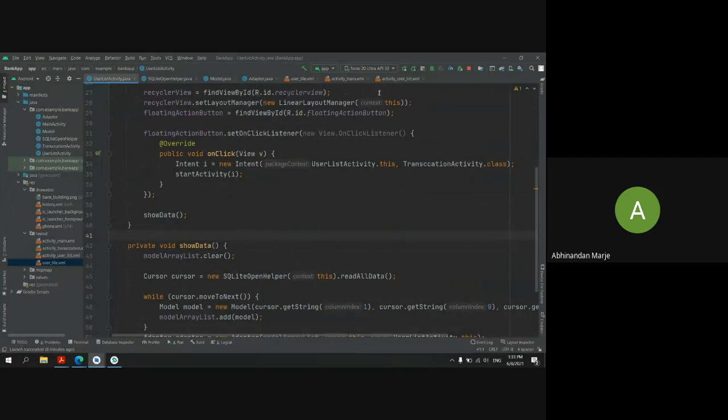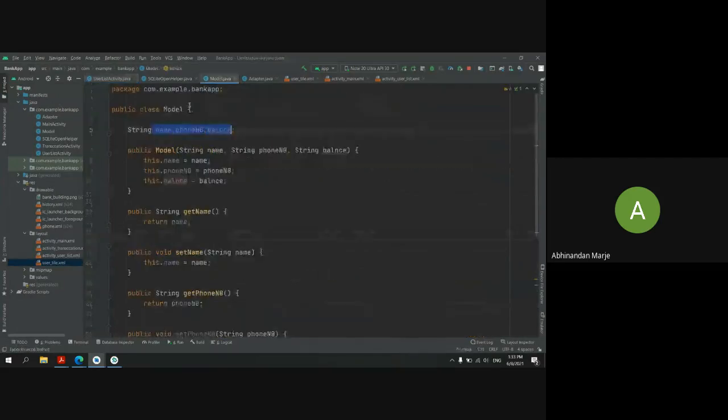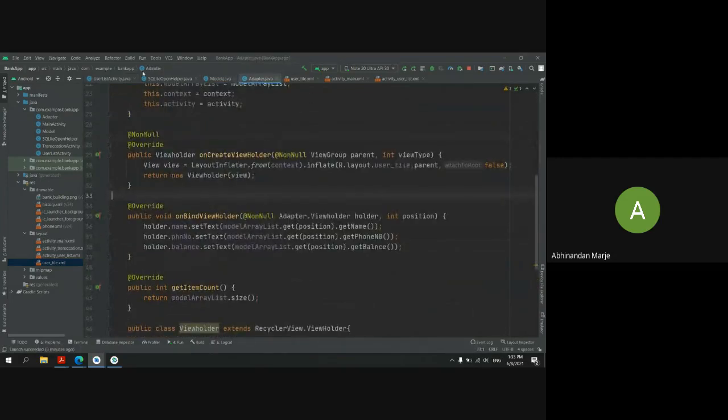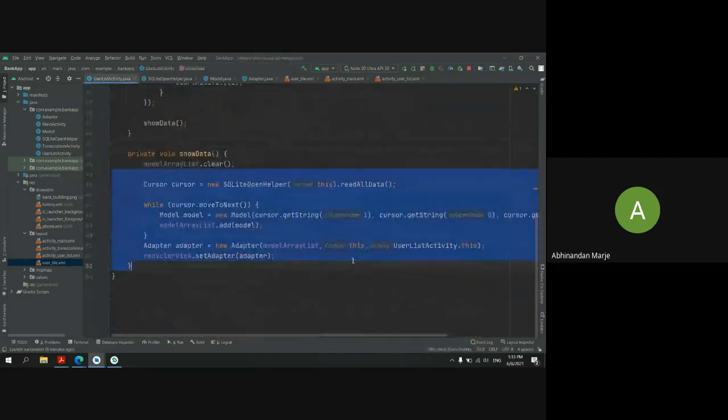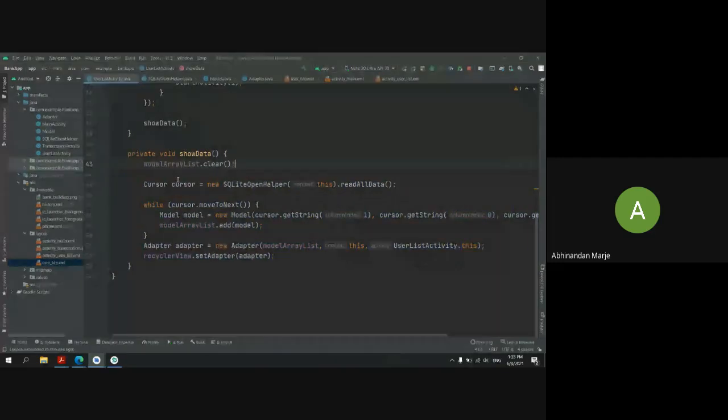If you are building any app, you have to first mention a model class, you have to next mention an adapter class, and you have to extract this model and adapter class data in your activity by this type of method only. If you are using the SQLite database, we use cursor. If you are using the Firebase database, then there are some other methods to extract the data from Firebase.